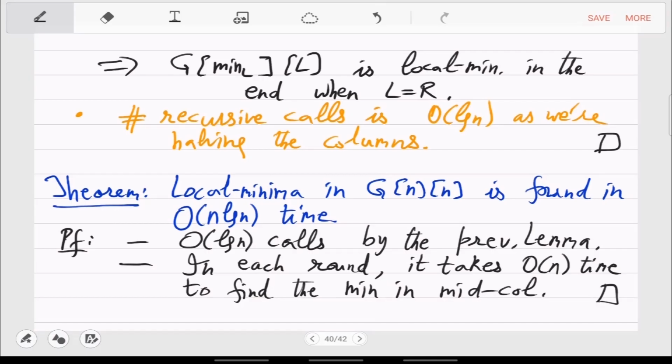Okay, so just because of that, this is order n times order log n, which is that, as you have seen in asymptotics, order n log n.